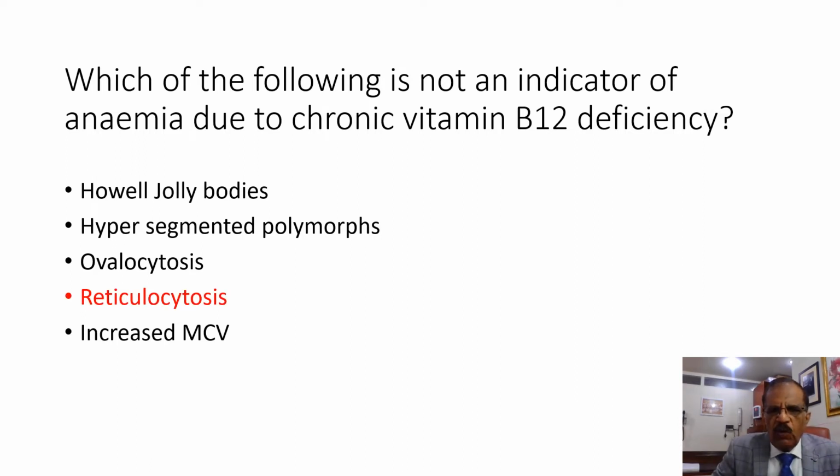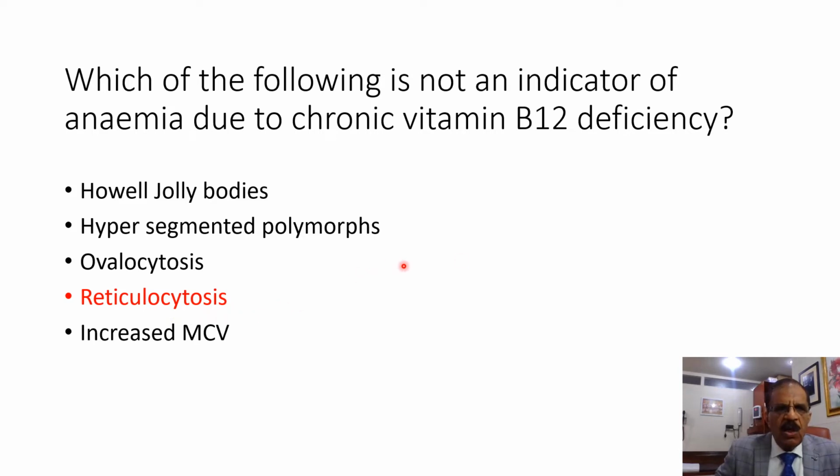Reticulocytosis is not a feature of vitamin B12 deficiency, because any deficiency will actually slow down bone marrow activity. Reticulocytosis is a sign of increased bone marrow activity, and this will occur in vitamin B12 deficiency once vitamin B12 is replaced. In fact, that is one of the confirmatory signs of vitamin B12 deficiency, that after you start eating and you give vitamin B12 in the form of injection just to make sure that it gets into the system, and if there is prompt reticulocytosis on day 10 or 15, that would confirm that it was actually vitamin B12